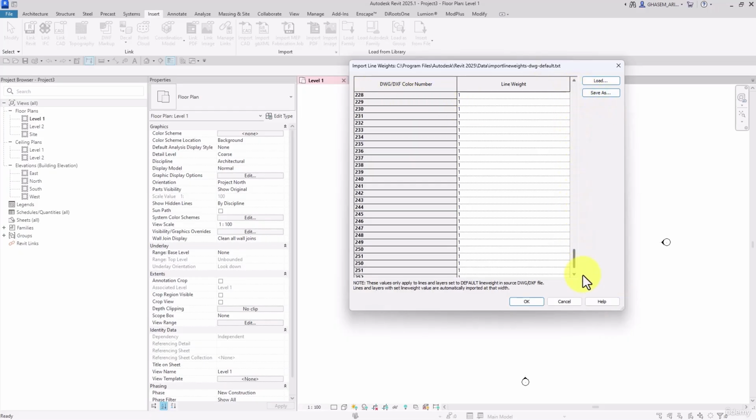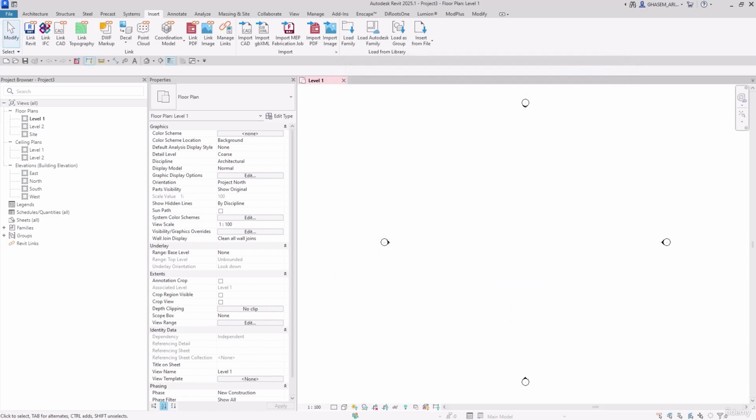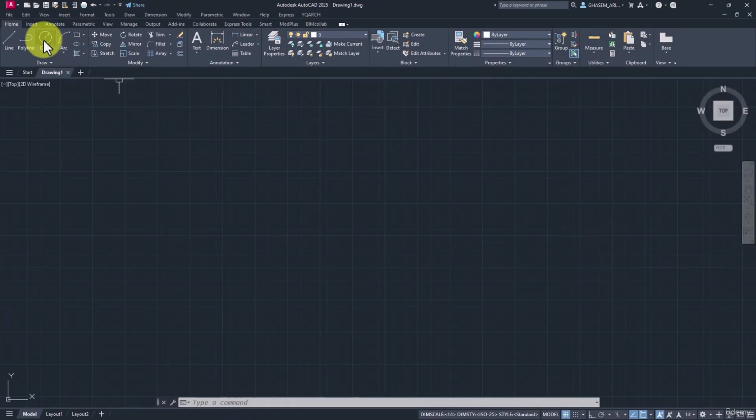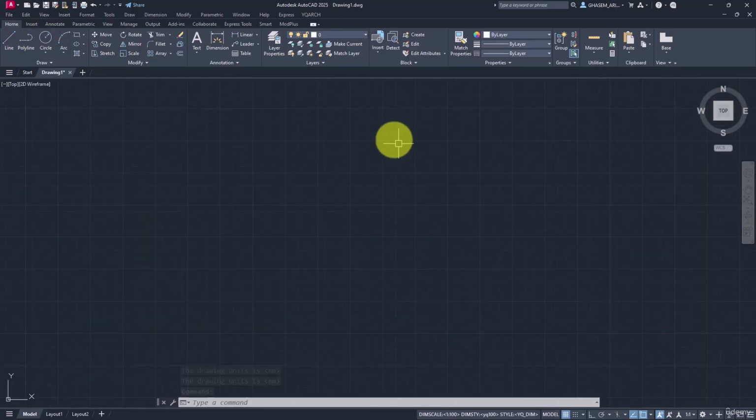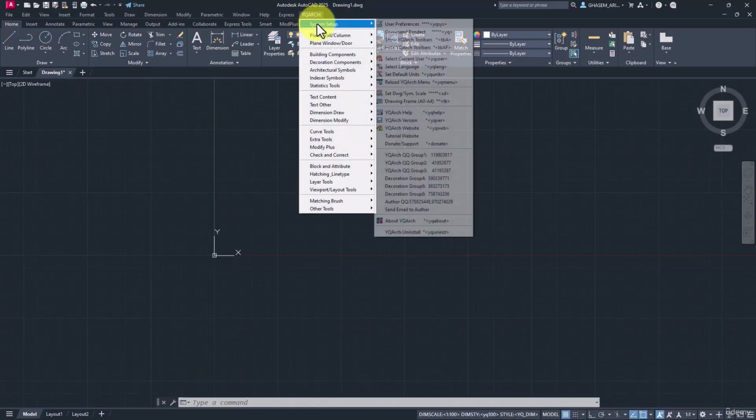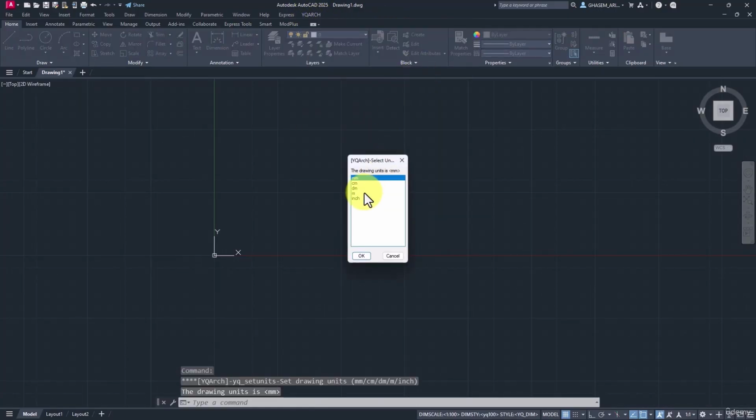As you can see, we have 255 colors, and each of these color numbers can be associated with a specific line weight, on the condition that the line weights of your CAD files must be set to default or ByDefault. So if there is a set line weight for your files, then you cannot assign these to them. But what does it mean? Let's move on. Here in AutoCAD software, when we draw a plan, for instance, from the plugin of Wacky Arc,